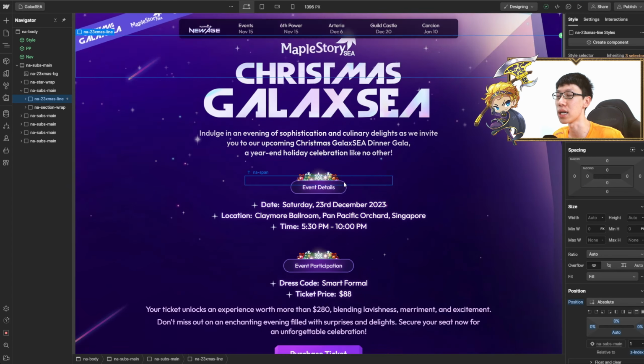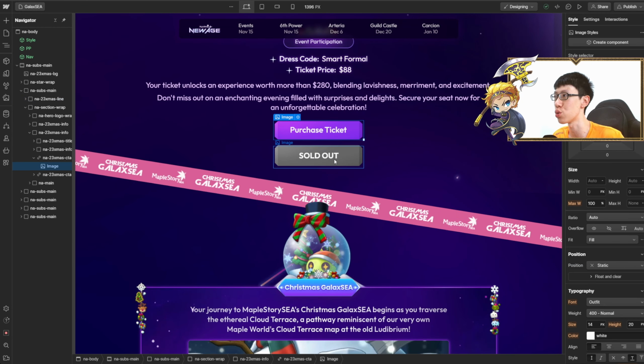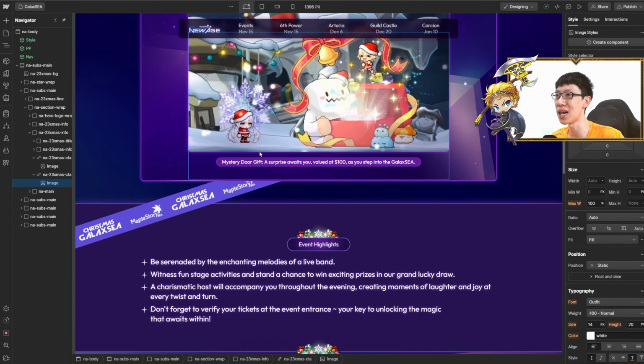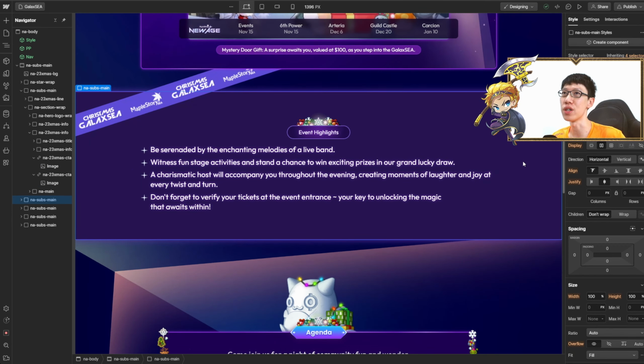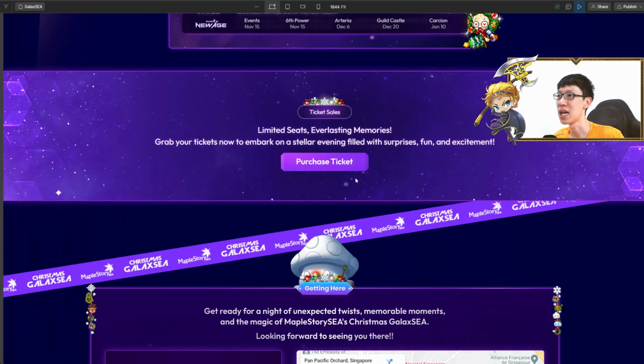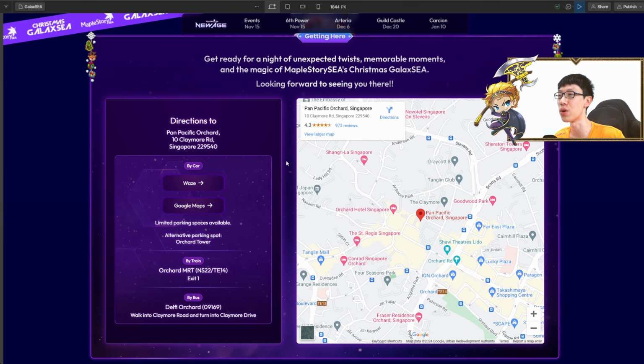And I can let you guys see the purchase ticket button as well as the swap button over here. You can go all the way down. The details over here are adapted from the KMS microsite. The KMS microsite does have a section like a small TNC, but this is not really a TNC, but more event highlights. And of course, this is super important. I got details saying that this is a new place, right? And players might not know how to go to this area, so hence all the details here.